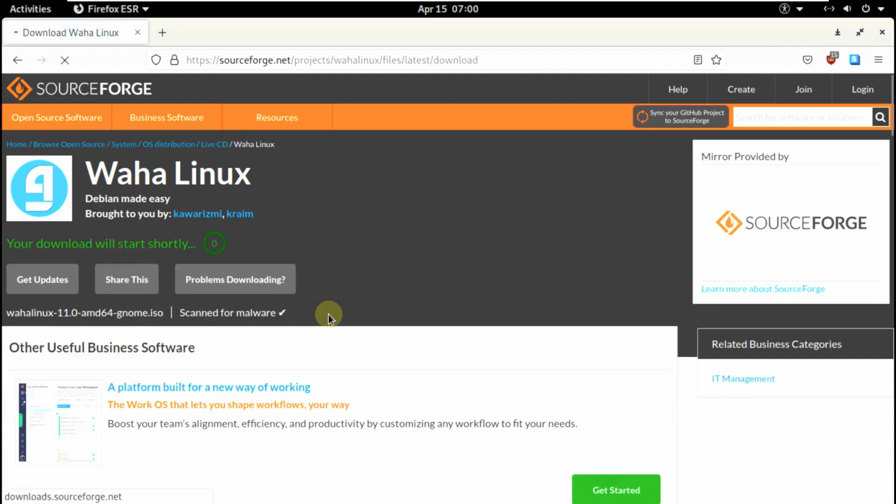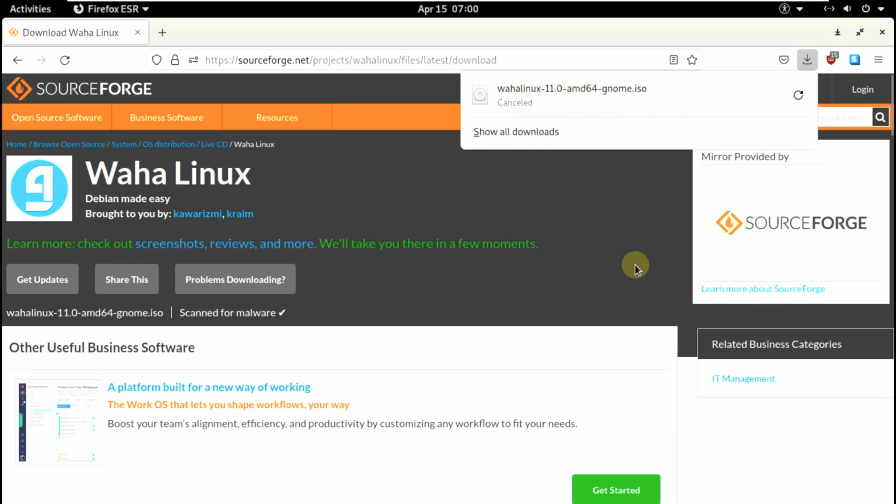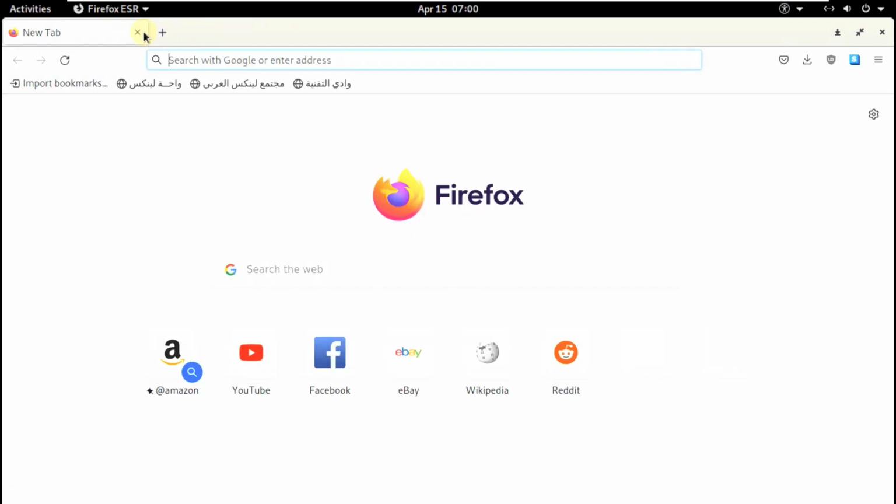The only desktop environment available is the GNOME version. There's no KDE Plasma or any other desktop environments. The only thing available was the GNOME version. So here is the download. Let's close this thing, and I think